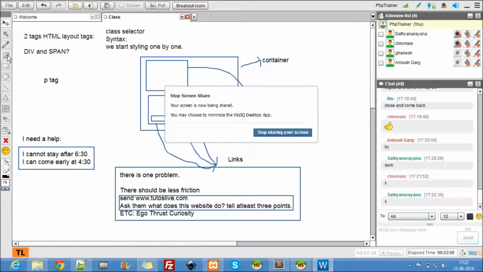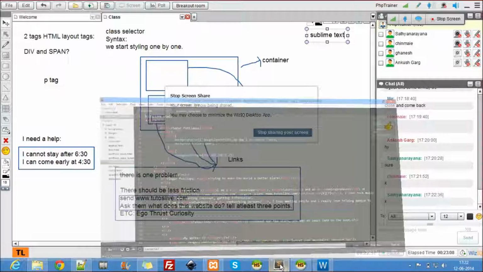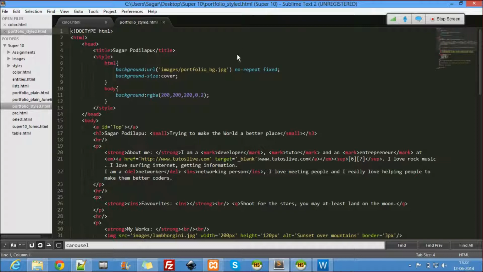It's called Sublime Text. This is what I talked about in the first class. Sublime Text, a better editor than Notepad++. Since the number of files is increasing every day, I felt I had to go with Sublime Text.